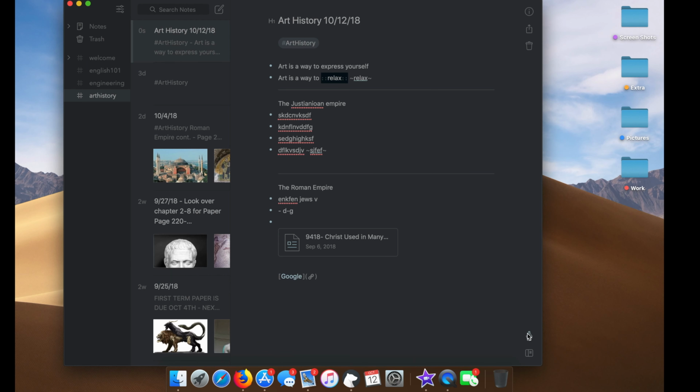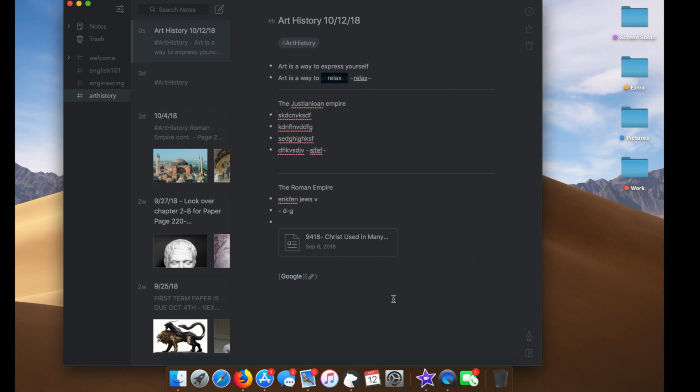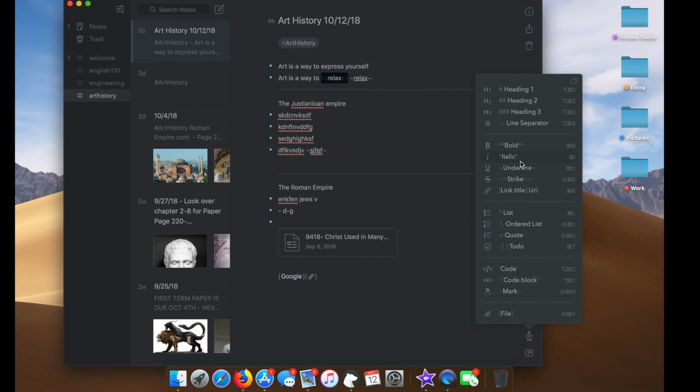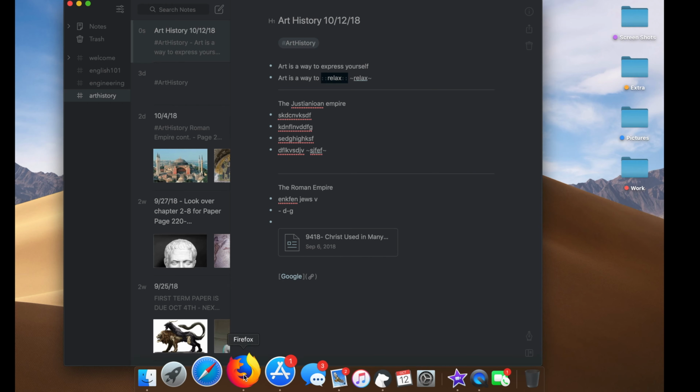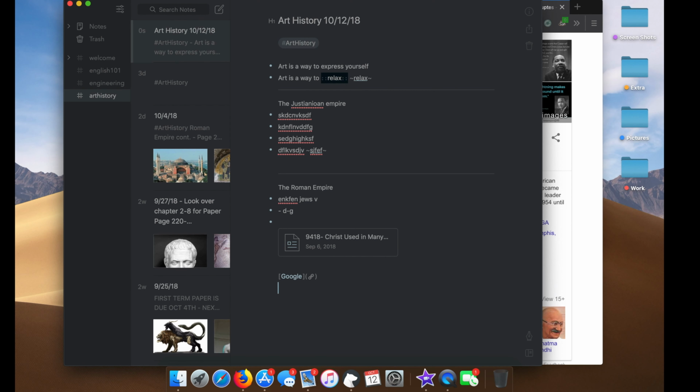And what else do we have here? So it's pretty simple. Even if you don't memorize all of these functions, you still have them here. You highlight it, you just click, and another click, and you're good to go. You can add quotes. So let's say we wanted to take this Martin Luther King quote from right here. Highlight that quote,